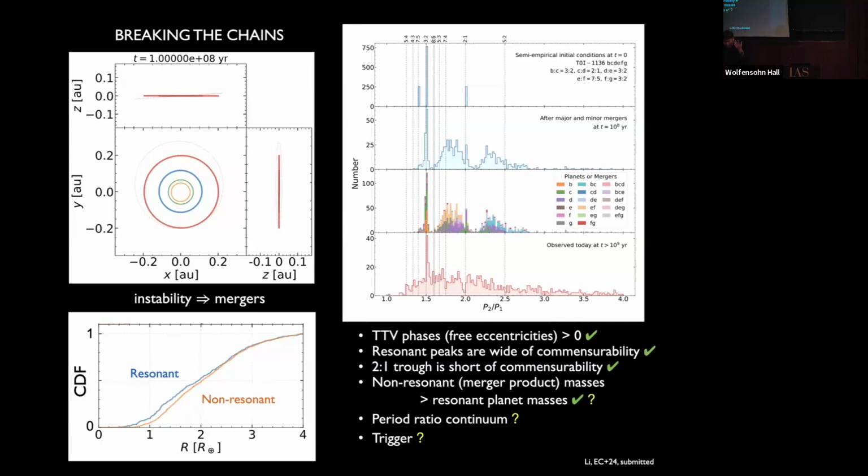The other thing one can think about, this is more uncertain, is, well, it all depends on where you start, right? So if you start inside the 2-to-1, then you converge, then you'll just hit the 3-to-2 first. Okay, so those are a couple reasons to think about. So I think we're on the right track, but there are some problems. We need to fill in these very embarrassing gaps, and hopefully not fill in this gap, the divot in the 2-to-1.